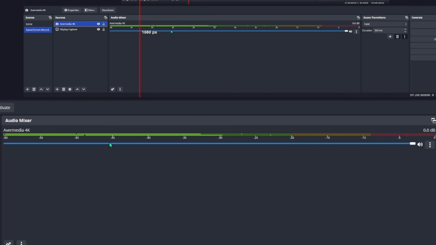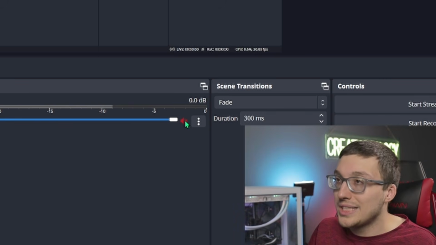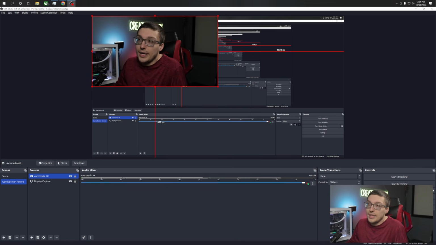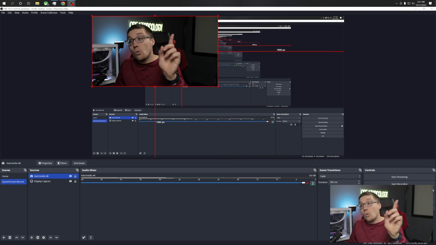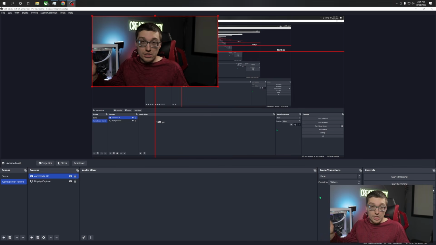You will now see that we have something in our audio mixer. Now for me, I use a different audio device than my camera. So I'm going to come over here and I'm gonna hit this sound button and it's gonna mute it. So now I don't need it anymore. And if I wanna one up that, I can even hit these 3 dots and get rid of it altogether,